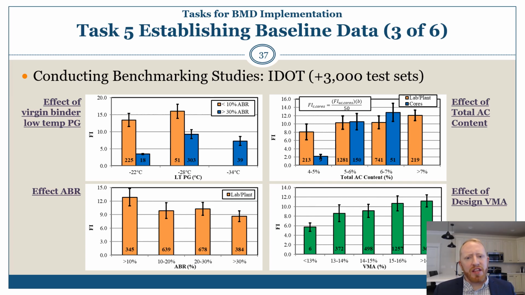And there are many things that you can do with this data. You can look at this data to evaluate your proposed criteria, right? How many mixes would require adjustment if this were the criteria today? What are the trends in the different types of mixes? And these are some of the analysis that they were able to do. They looked at